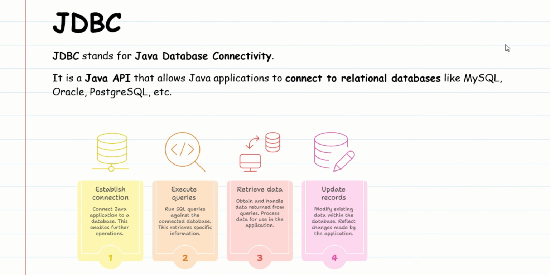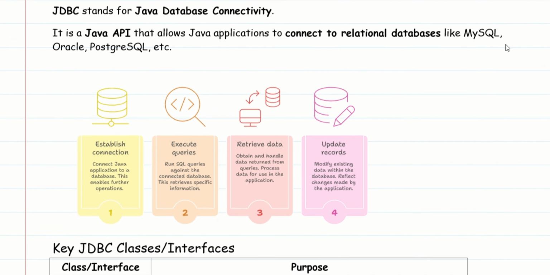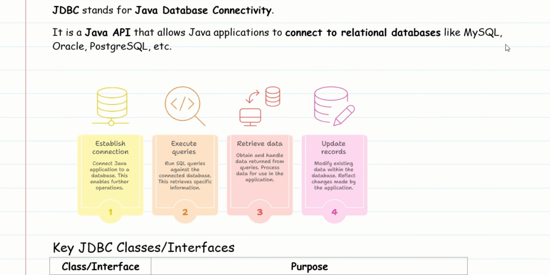JDBC stands for Java Database Connectivity. It is a Java API that allows Java applications to connect to relational databases like MySQL, Oracle, and Postgres. So, why is JDBC used? To establish connection between Java application and a database, to execute SQL queries, to retrieve and process data, to update